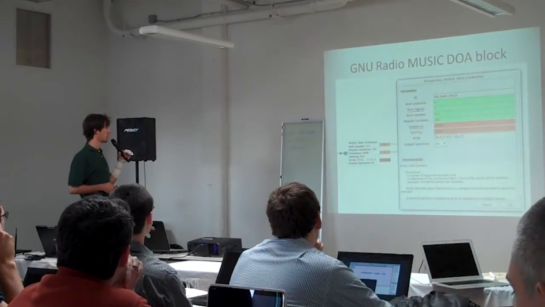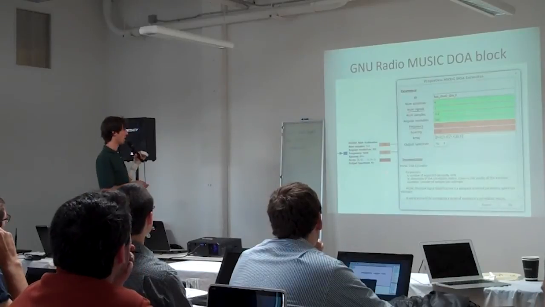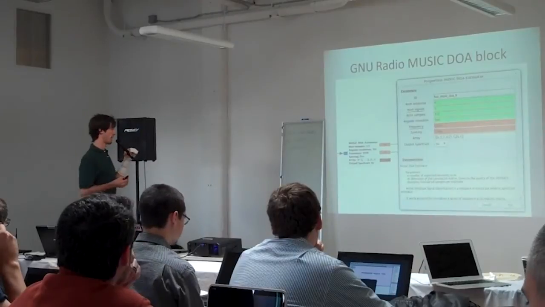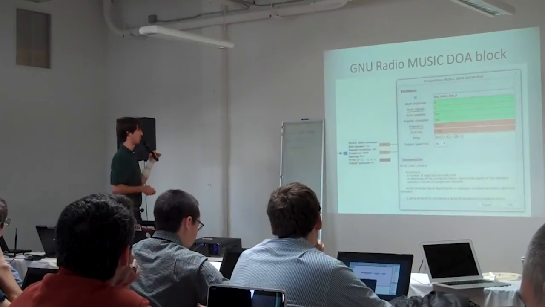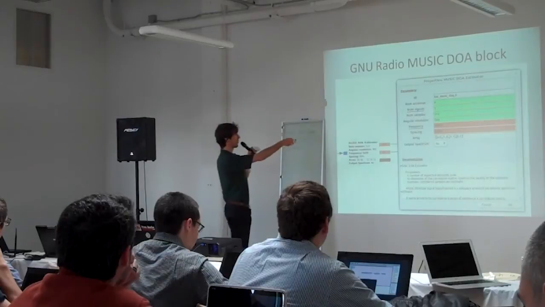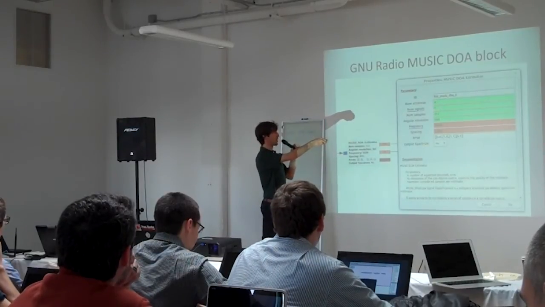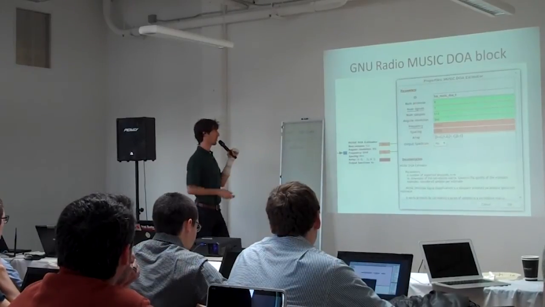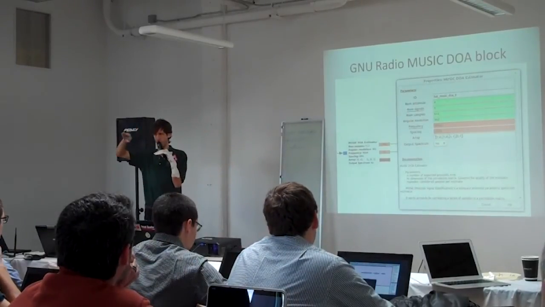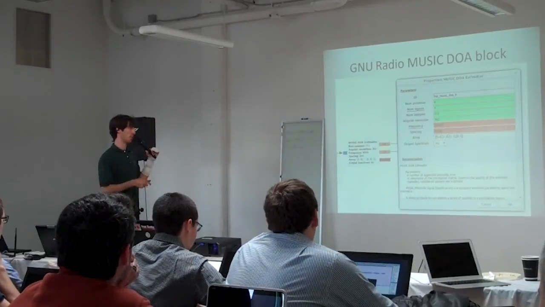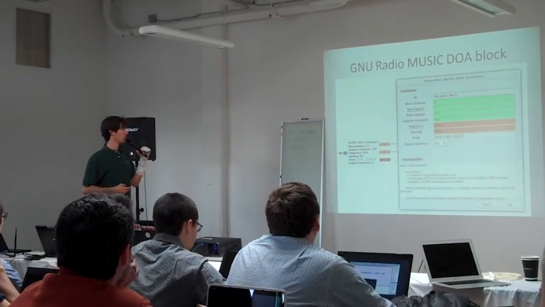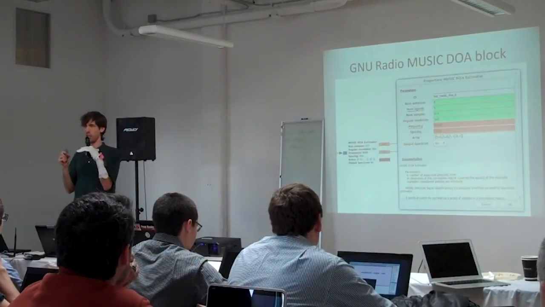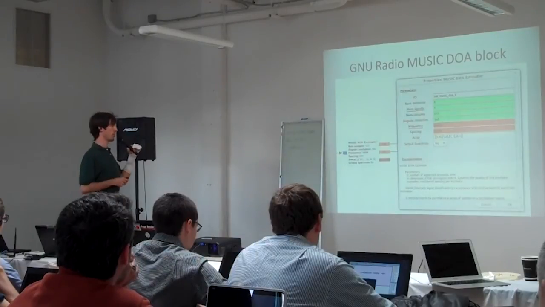So this is the actual MUSIC DOA block. GRCon13 has a number of blocks themselves. We need to tweak them a little bit to do the actual direction finding a little bit differently. So the idea is that you pass in the number of antennas, the number of signals that you expect to receive, and then the vector size of the chunk that you give it, the angular resolution, so how many angles it will step through each time it finds that peak array response, the frequency of the signal, spacing. These are all used to calculate the synthetic array response of the antenna configuration that you're using, and